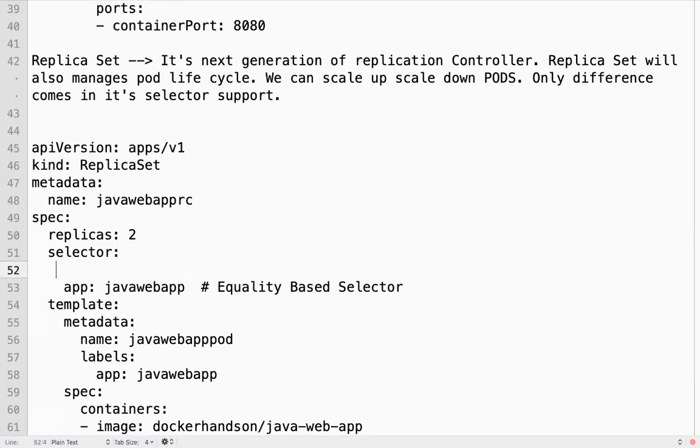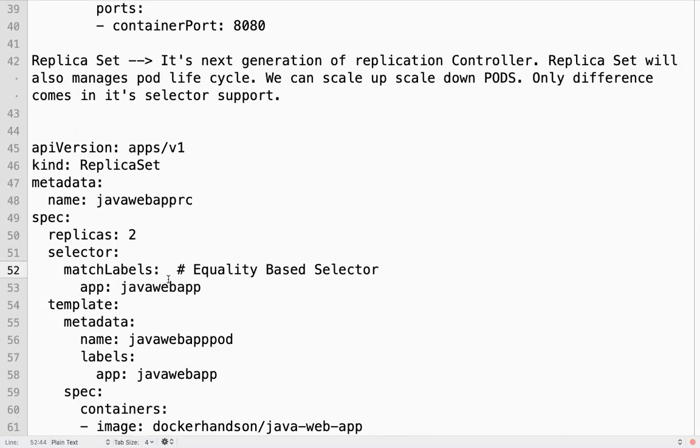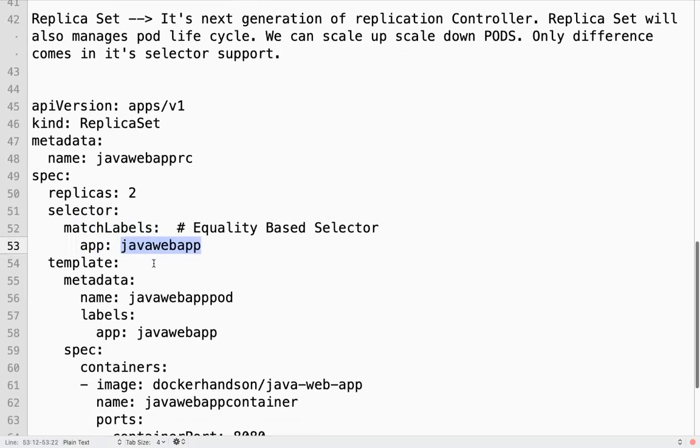We have two things here: matchLabels, where if you want to match a key with a single value, you give key and value.